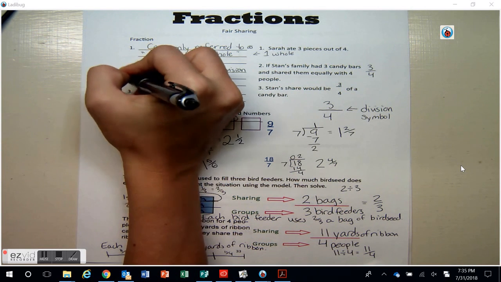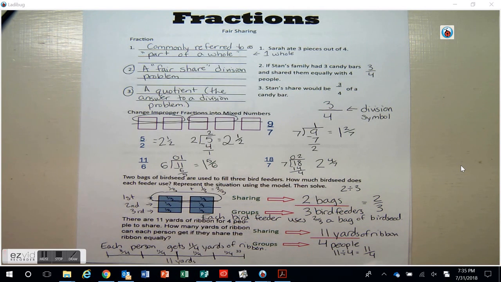Let's look at this last problem. There are 11 yards of ribbon for 4 people to share. How many yards of ribbon can each person get if they share